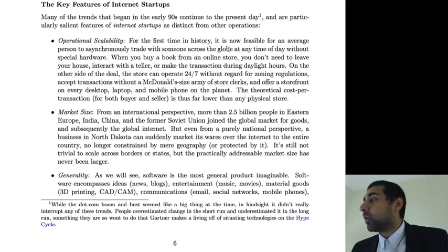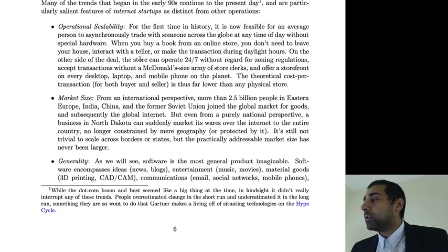You can just set up a store and take a transaction from them or from 100 people at the same time. We don't really think about how amazing this is, but think about how different that is from the physical world, where you need a clerk and you have lines and queues. An internet store can operate 24/7. There are no zoning regulations. There are basically no limitations in terms of how many stores you can have in a particular area. The scalability is absolutely crazy. You don't need clerks. You just need databases and the ability to handle the transactions.